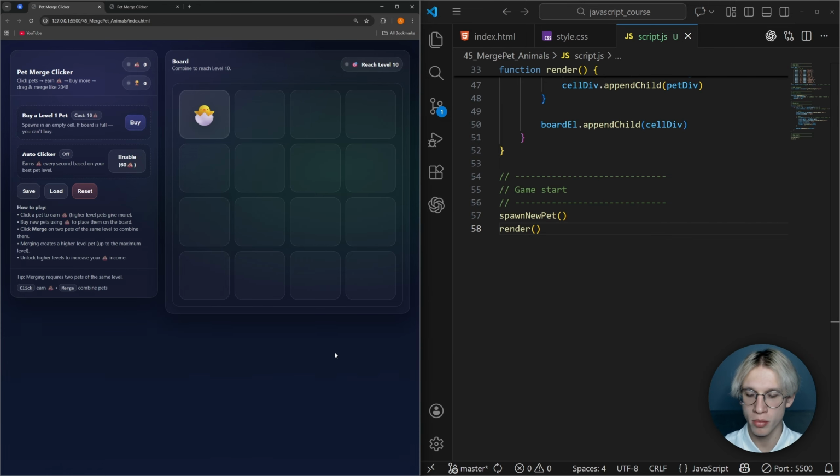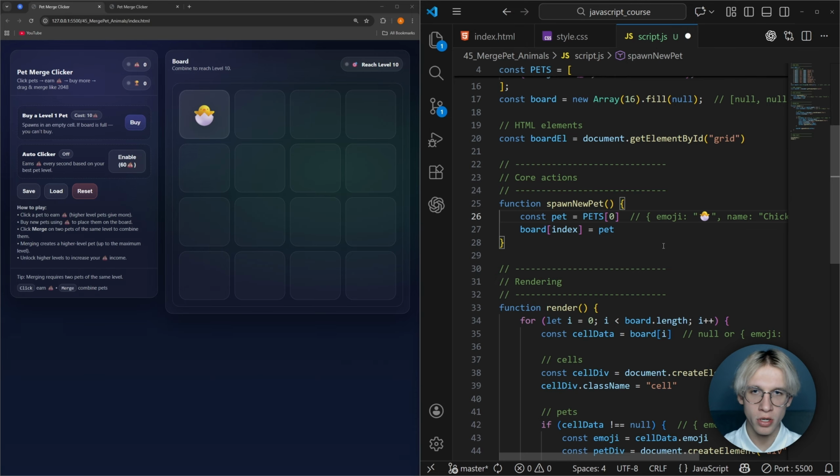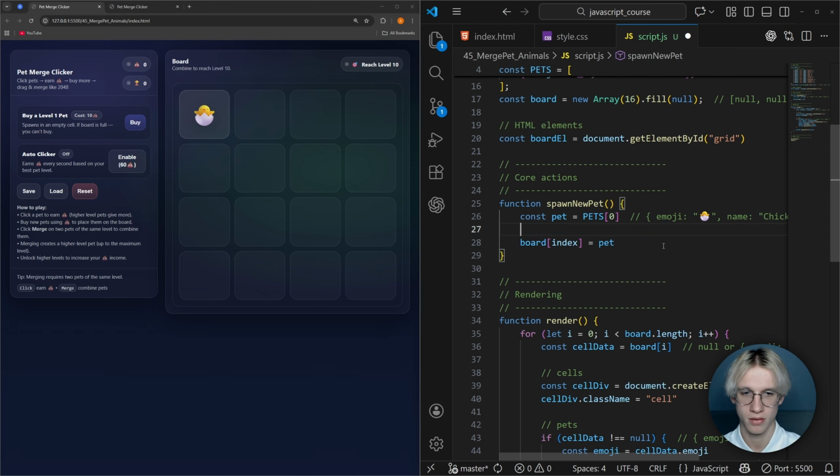Currently we have another problem: the position of this chick is fixed to be on the first cell. No matter how much I refresh this page, it is always on the same cell. But we want to generate this chick randomly on any cell from the first to the last one. Inside of our spawnNewPet function, we have this line that appends our pet on the first cell on the board. Instead of passing 0, we need to pass the index. But at this point, we don't have the variable index,